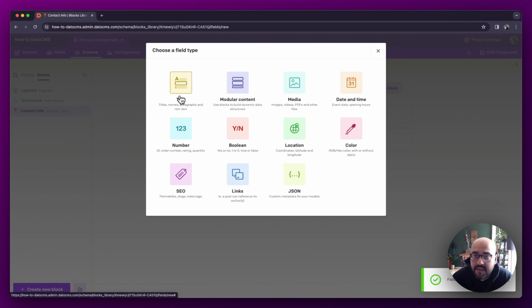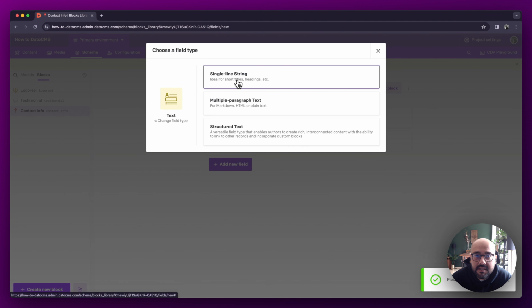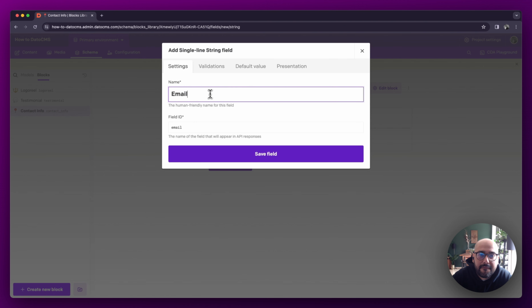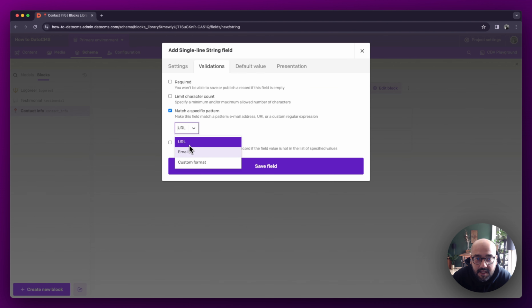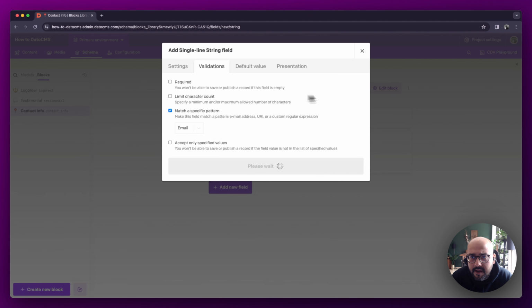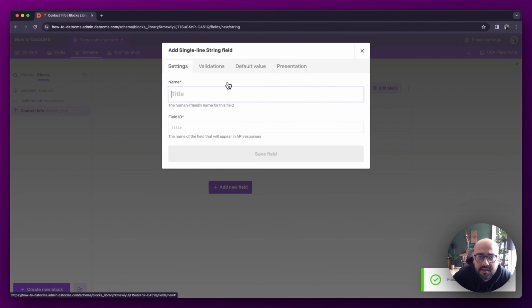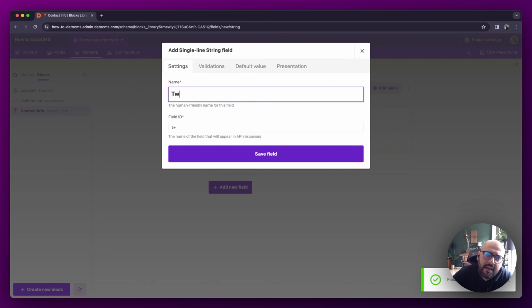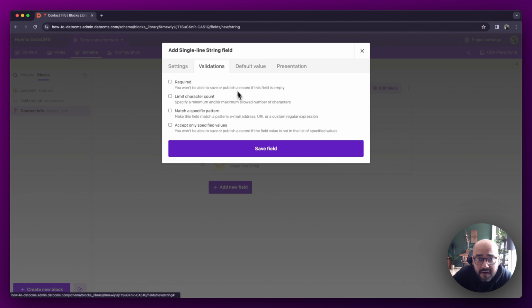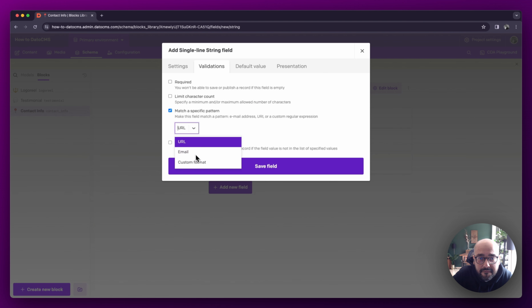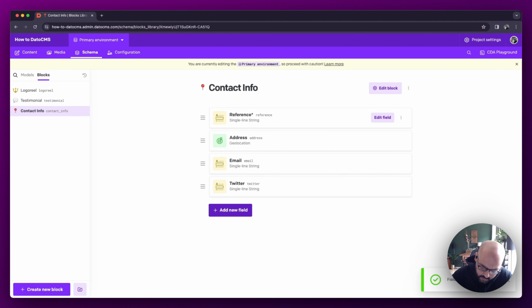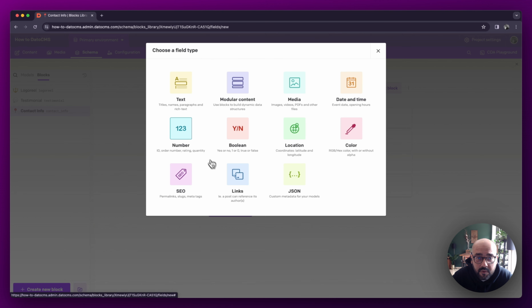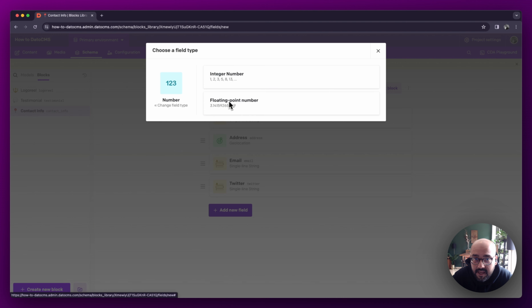Maybe we can add something like an email address after this. So let's go ahead and have the option for an email using the validation of an email. And go ahead and add another text field for something like a Twitter profile using the validation of a URL. Once we've got this, maybe we'd also want something like a phone number, in which case we could also utilize the number field and